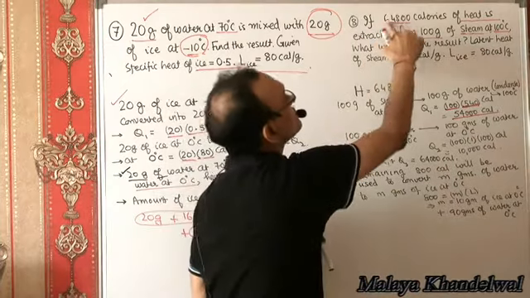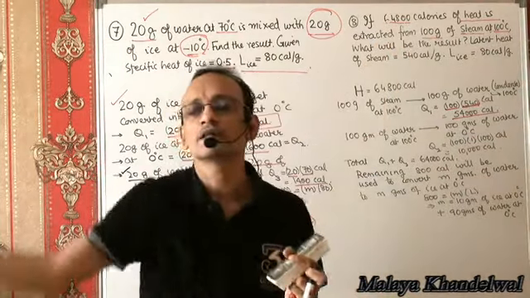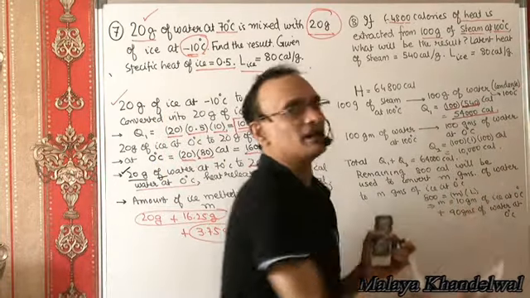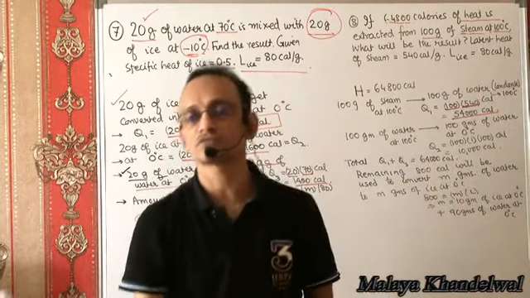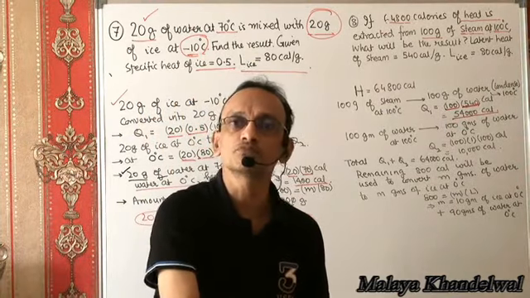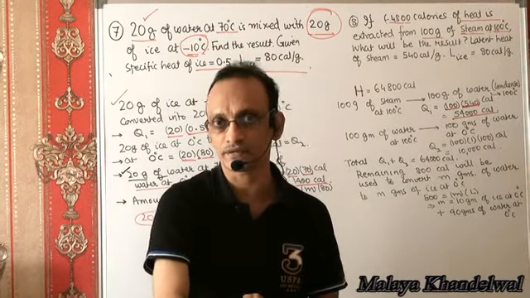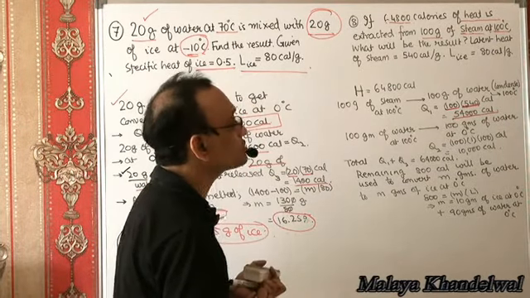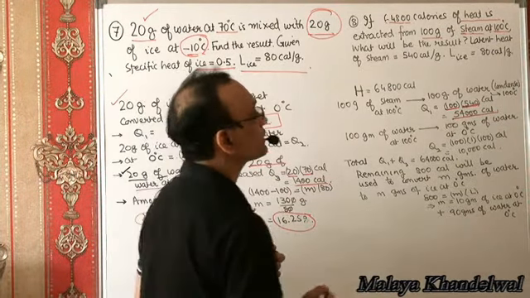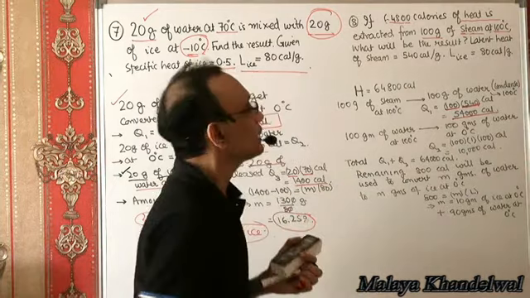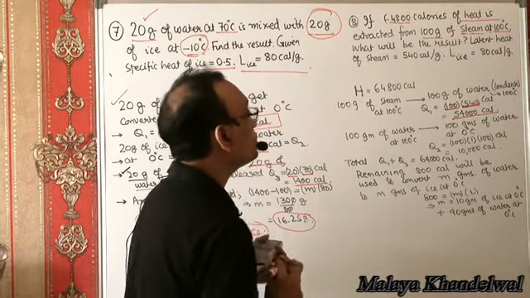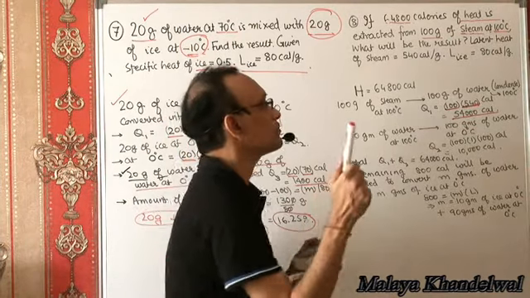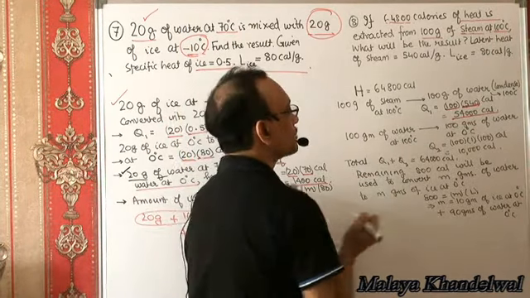That means out of the 64,800 calories of heat that were extracted from steam, 54,000 calories were used to condense steam to water at 100 degrees centigrade. I still have some heat left to be extracted. How much heat is left to be extracted? First, let us see how much heat would be required to convert 100 grams of water at 100 degrees centigrade